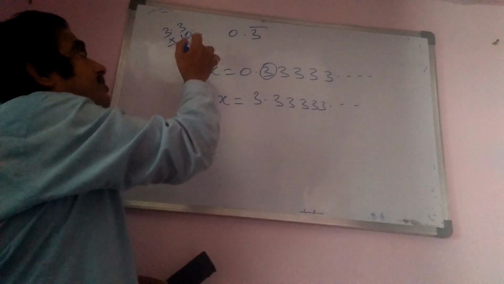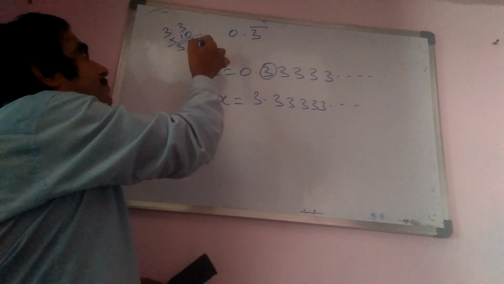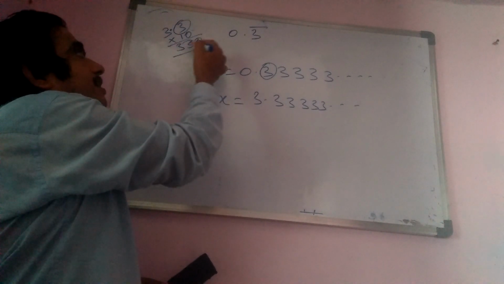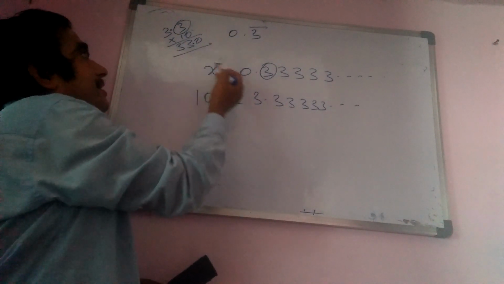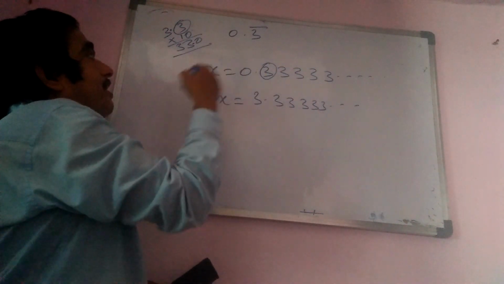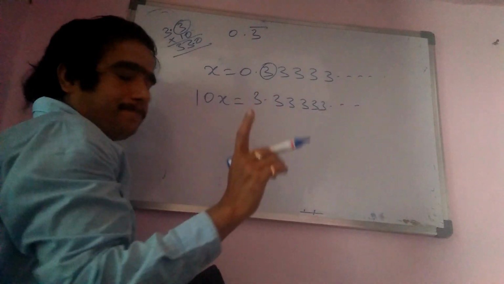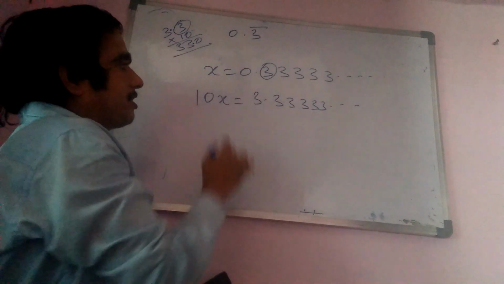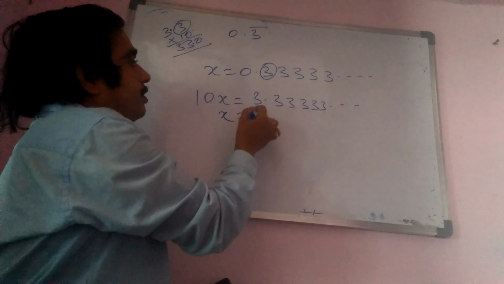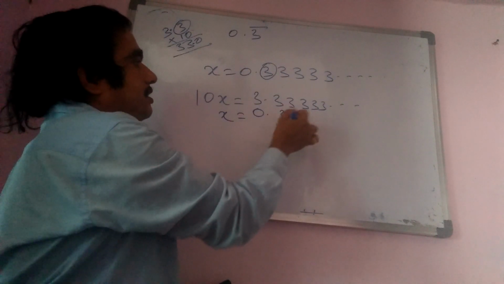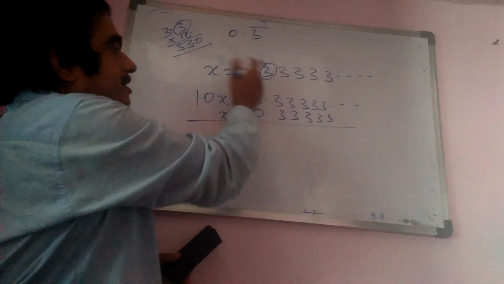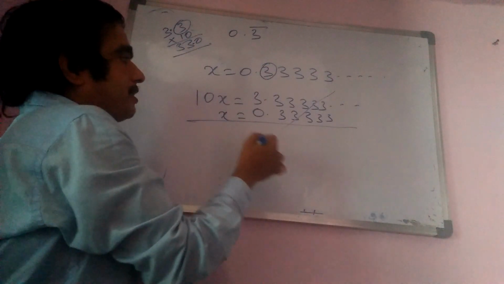In your previous classes you learned decimal multiplication, the point comes after 1 digit, because here after 1 digit we have the point, if you count from the right side, 33. So the 3 which was on the right side before multiplication will come to the left side. In the same way here also a 3 will come. Okay, because already you are in 8th class, no need to explain that in detail. Now you take x is equal to 0.33333. So now I think all of you understood why we made this multiplication, so that the decimal part became equal.